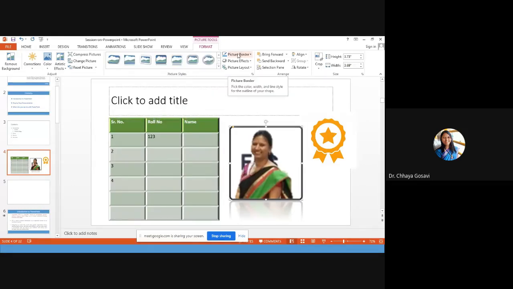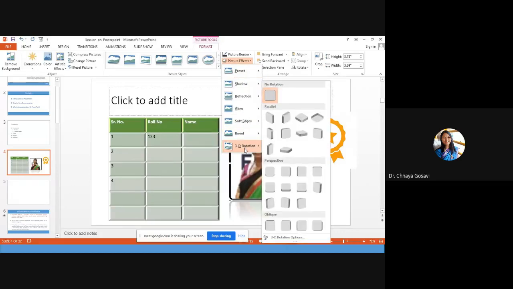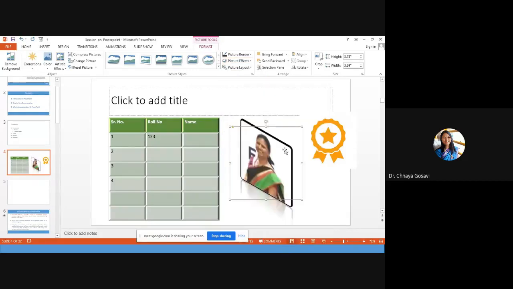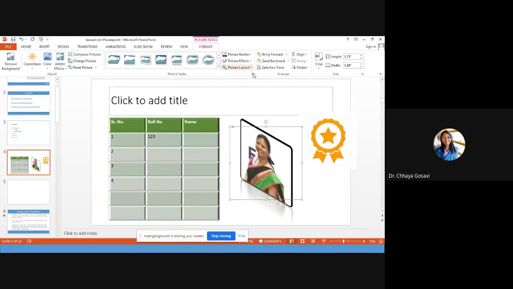Or you can choose a border for your picture. I want black. Then effect, I want 3D rotation like this. Either you can choose from given options, or you can design your frame the way you want.